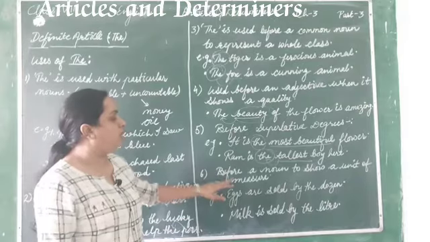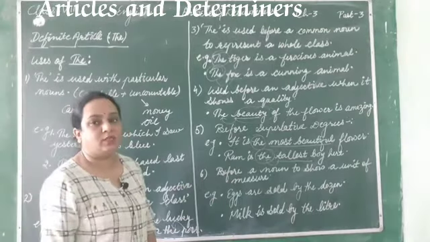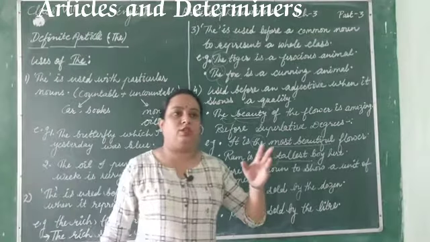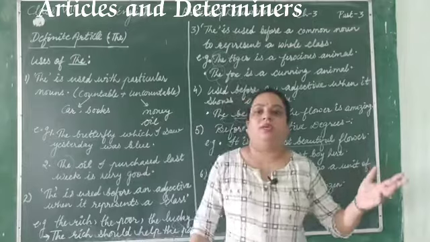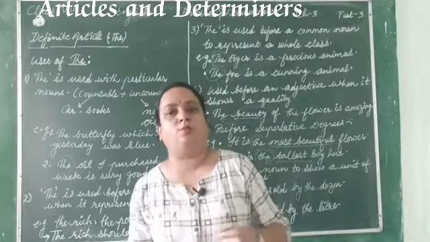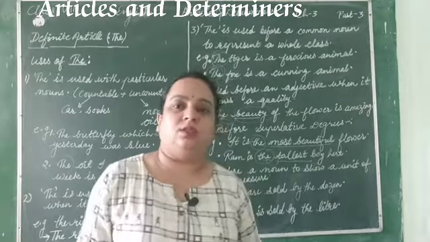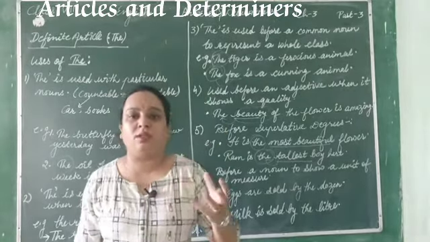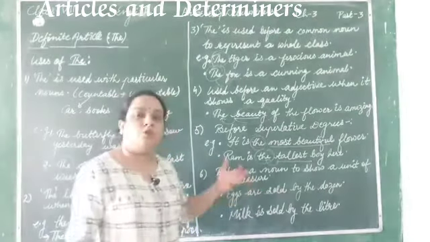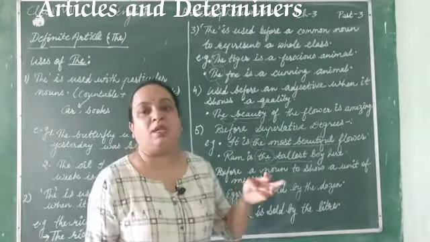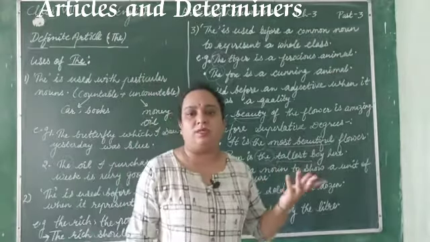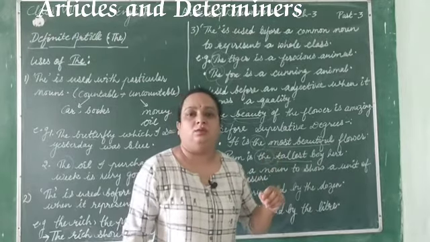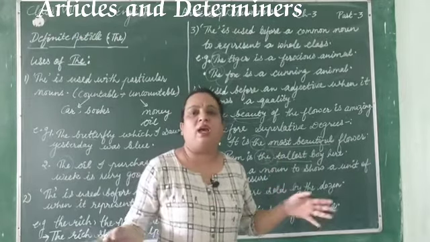Next rule is before a noun to show a unit of measure. To show a unit of measure. Suppose we went to the market to purchase something, right? Suppose eggs. So how do we get the eggs? By a dozen, right? So when we want some measurement, when we show a unit of measure, it may be dozen, it may be meter, it may be liter, maybe anything, any measurement. Okay, so with all the measurements, meter, liter, dozen, centimeter, something like that, we have to use